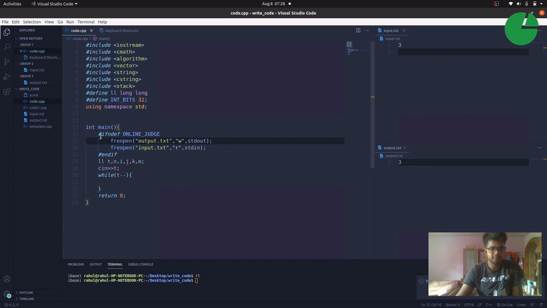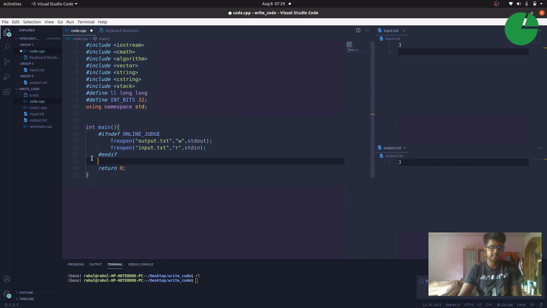Now I'll explain the #ifndef and #endif. It means if we are submitting or running this code on an online judge, then these two lines of code will not execute. In our local environment we are not using an online judge, but in environments like Codeforces and CodeChef we are. That's why we put this line, which inhibits the execution of these two lines.